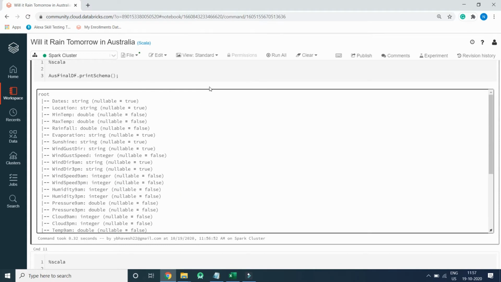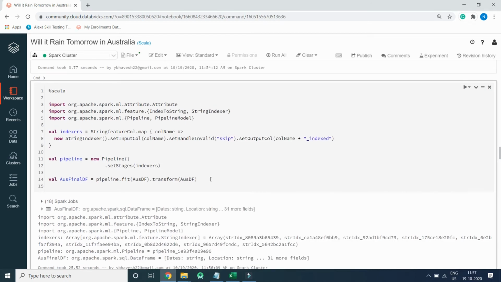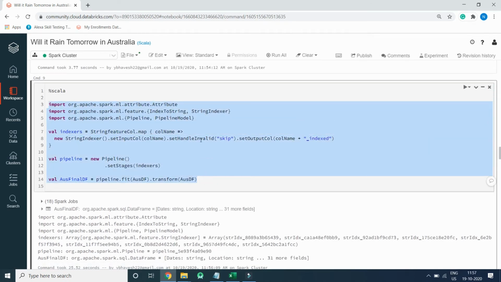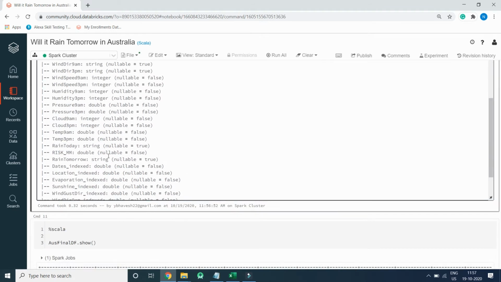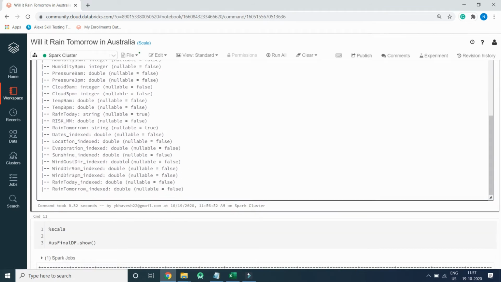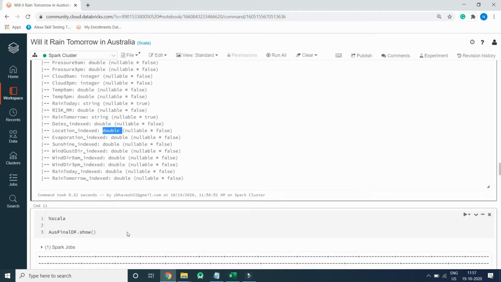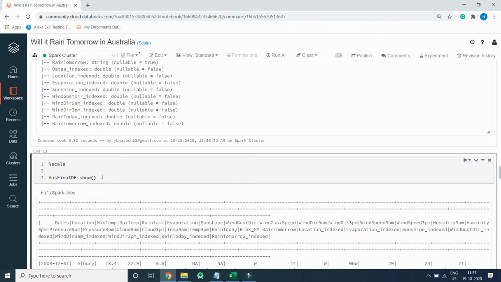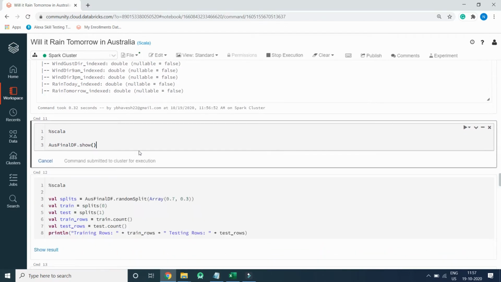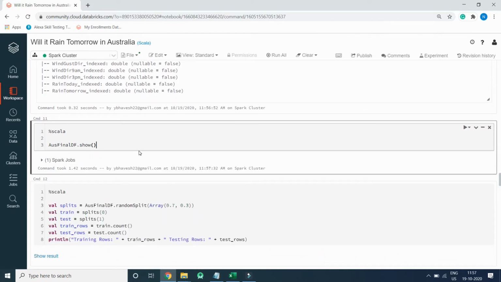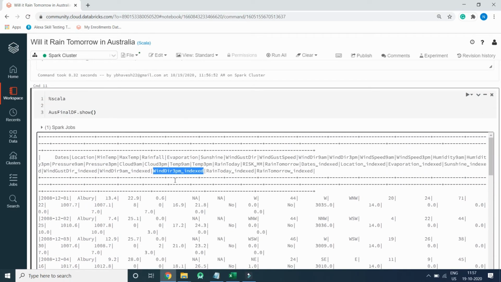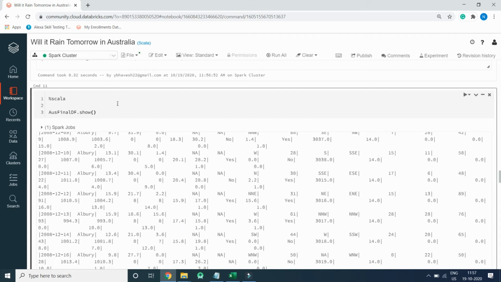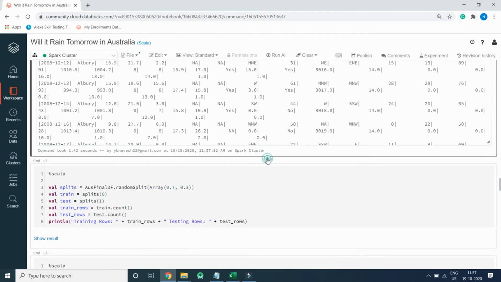So this is how this code logic will convert the string data into indexed, which is of type numeric. You can see the data is of type double. Let's display some data. So you can see it's a better way to display by using display function.